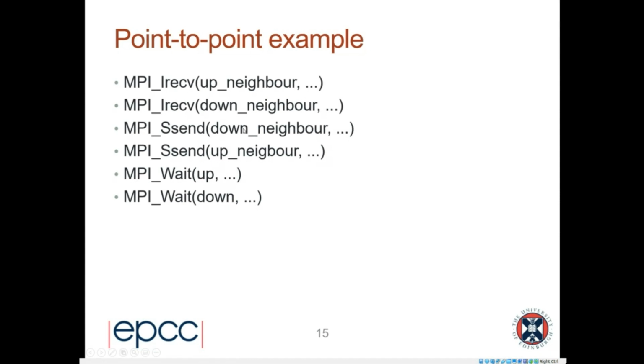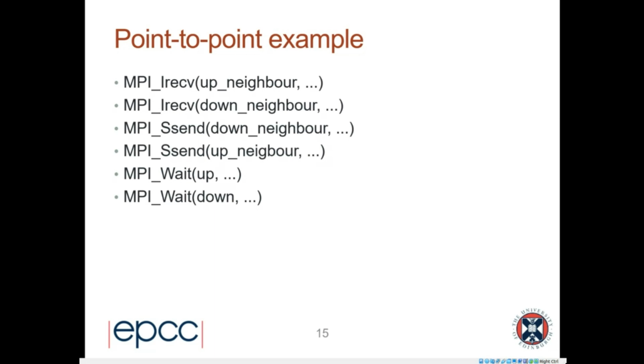What I'm trying to say is, if everyone sits in the synchronous send saying, I'm going to wait for my neighbor to be ready, then the program would deadlock, although this is a correct program. So although you've called the synchronous send, which is, please don't deliver this message until the receive is ready,